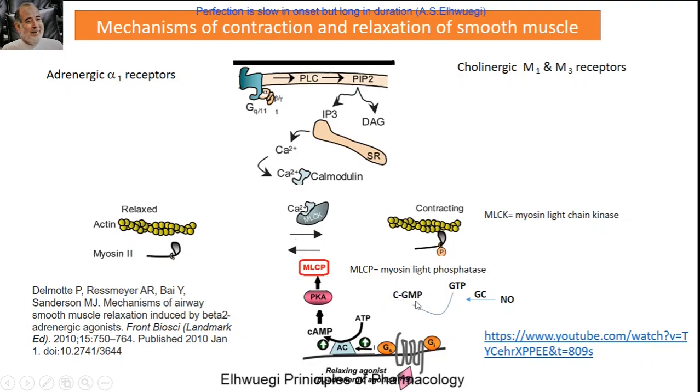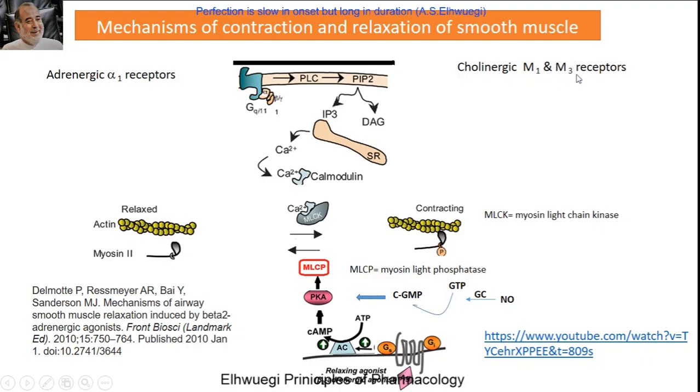Okay, cyclic guanosine monophosphate, like cyclic adenosine monophosphate, will activate protein kinase, and the protein kinase will activate myosin light chain phosphatase, causing relaxation of the muscle. So that's why stimulation of M3 receptors on the smooth muscle of blood vessels will result in relaxation of the smooth muscle of the blood vessel. So M3 stimulation everywhere in the body produces contraction of the smooth muscle except those of